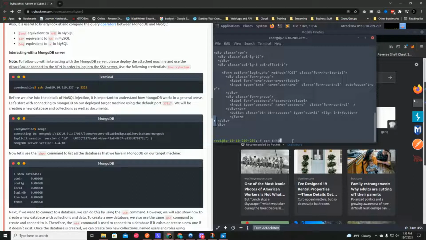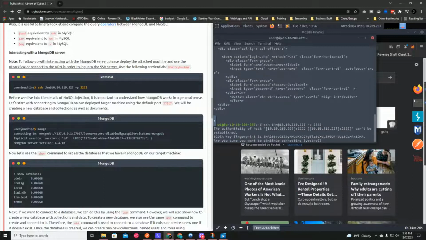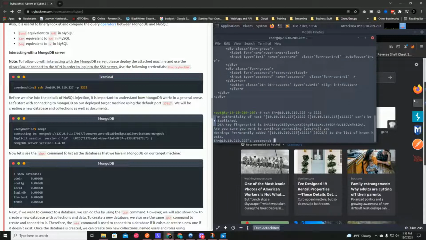It was right here the whole time. SSH THM at 10.10.219.227, and that's going to be on port 2222. And then we're just going to hit yes, and then it should ask for a password, and the password is TryHackMe,